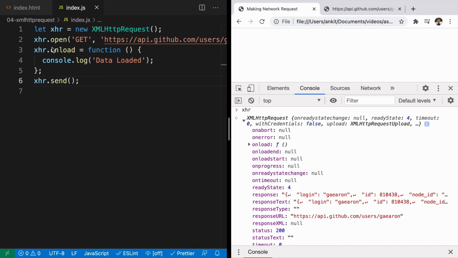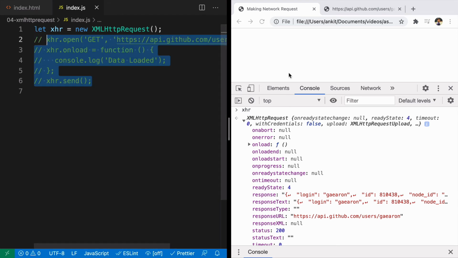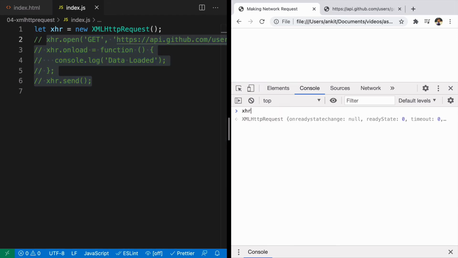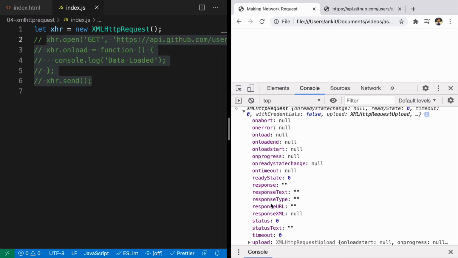Because if you don't do all of it, say for example, I comment it and refresh it here and look at the XHR object, you will see that all this information is empty: onload, response, response type, response text, all of it.